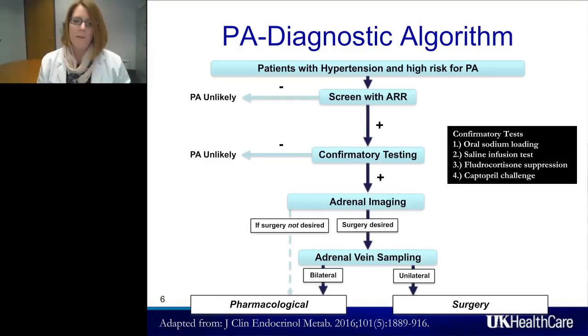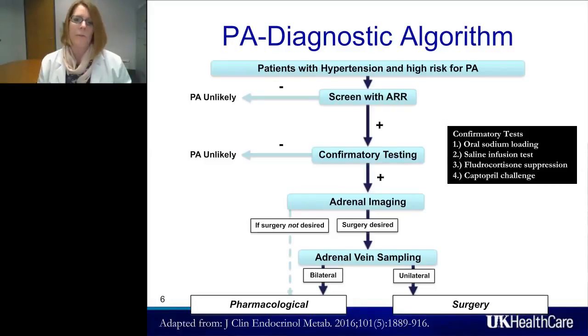In a patient with a positive confirmatory test and a patient who is a candidate and who desires surgery, first they should undergo adrenal imaging to determine if surgery is possible through an adrenal CT. If surgery is not desired, the patient may be treated with pharmacological treatment plans. If surgery is desired after adrenal CT imaging, adrenal vein sampling can be performed in order to determine the etiology of the disease, whether it be bilateral or unilateral. Unilateral adrenal adenomas can be removed surgically through an adrenalectomy. All other patients should be treated pharmacologically with